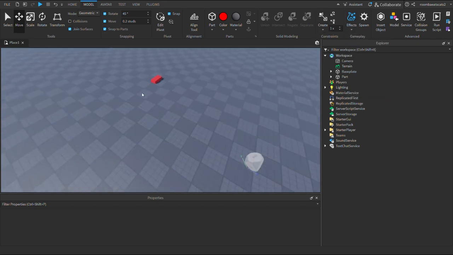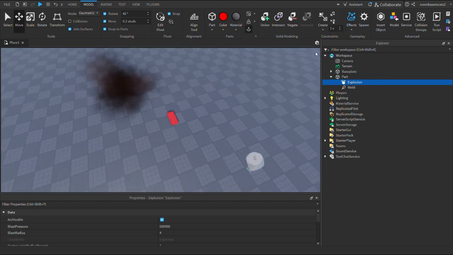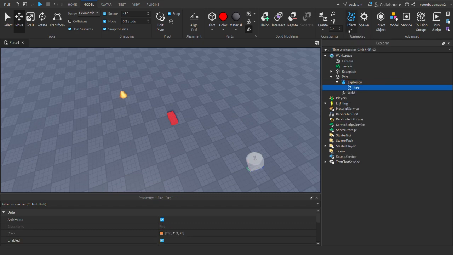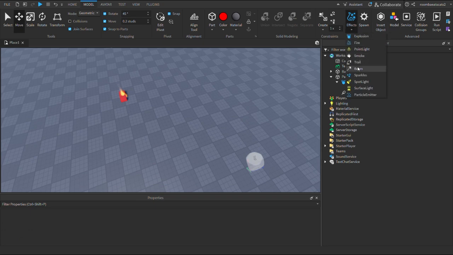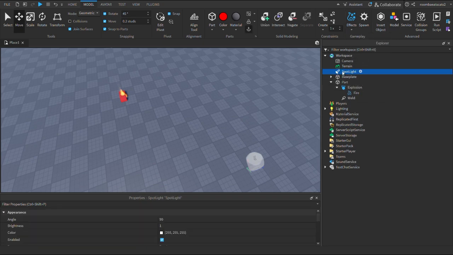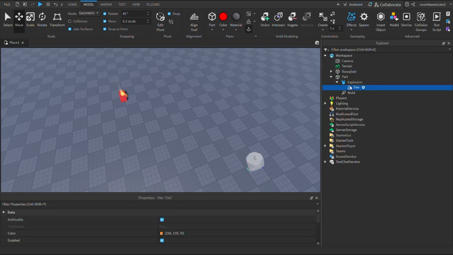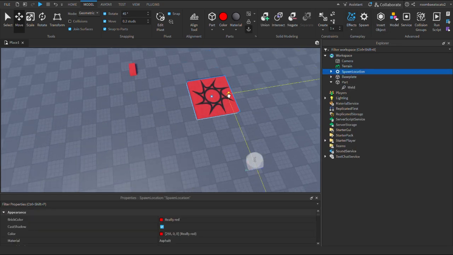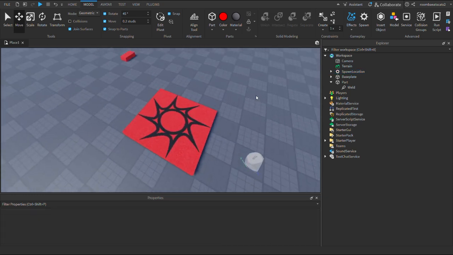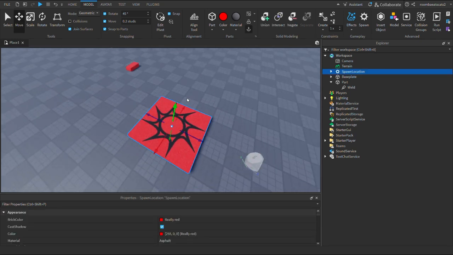So yeah, effects. Basically, if we click on a part, then click effects, we can add an explosion to it. We can add fire. I don't know why it's going over here. You can add light to it, stuff like that, to add effects to your game. Okay, so next spawn. If you click this, it puts in spawn. This is where people will spawn. Like if I join the game right now, I would spawn right here. I'm not going to, because it's going to waste some time. But just to know in the future,